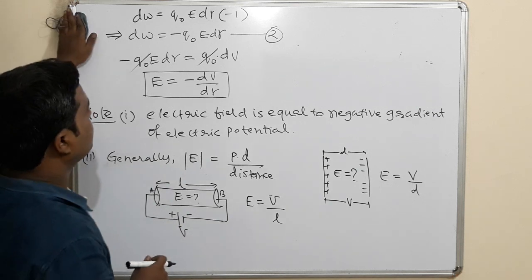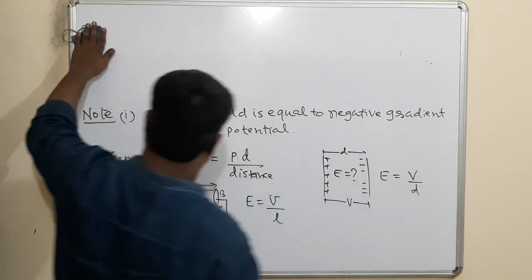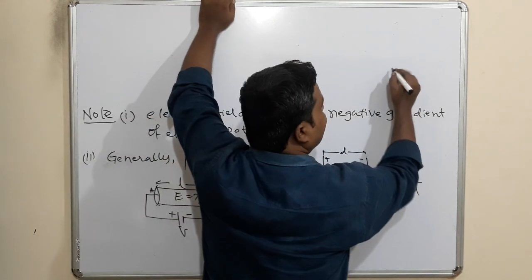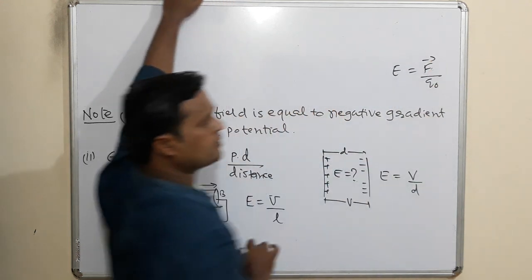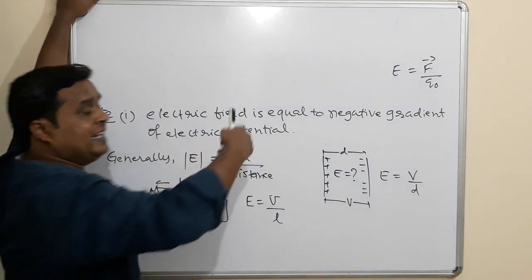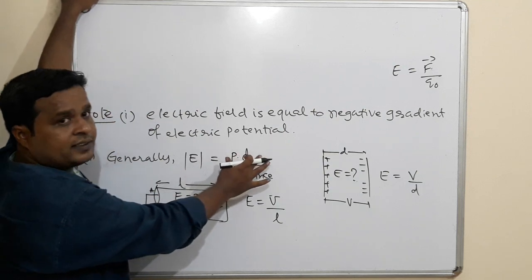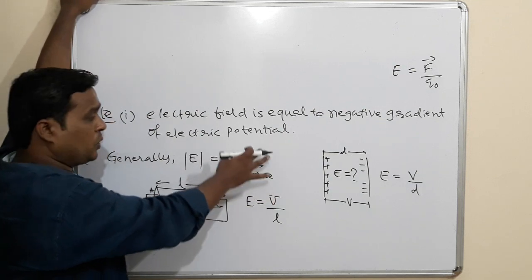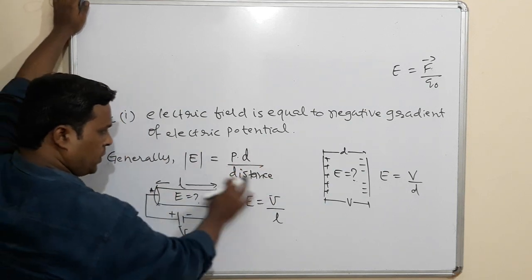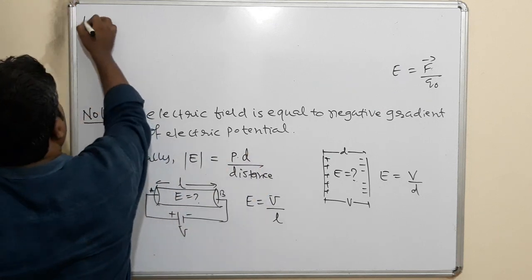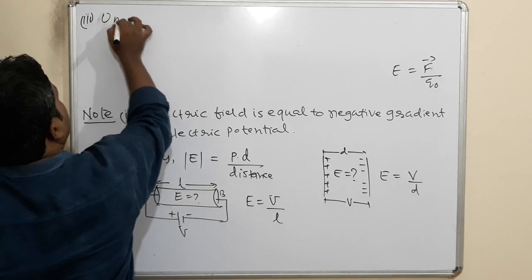Then the third point. Before this, how have we defined electric field? We have defined electric field as force per unit charge, the force acting per unit charge. This was the initial definition we gave for electric field. Now I am defining electric field as potential difference divided by distance, potential difference per unit distance. Due to this, from this formula, we will get another unit of electric field.